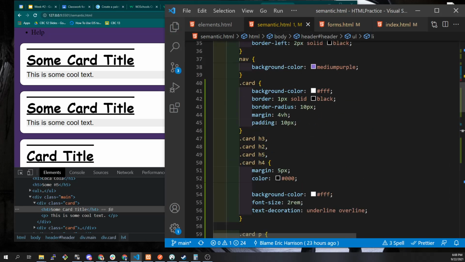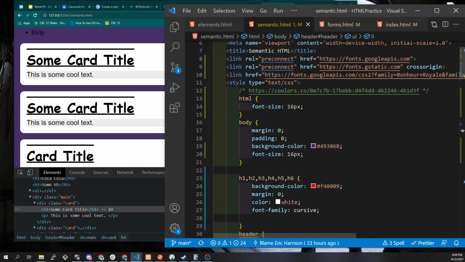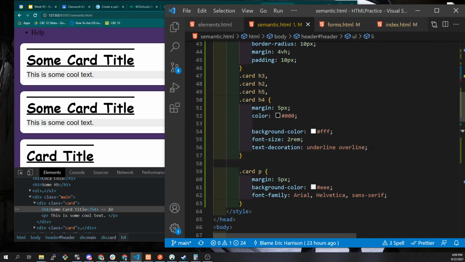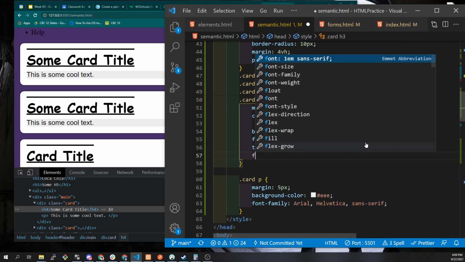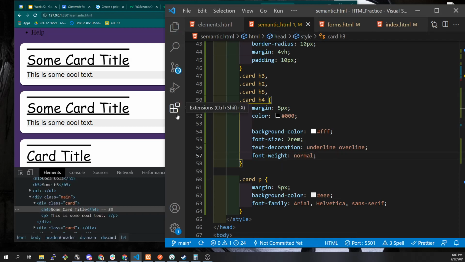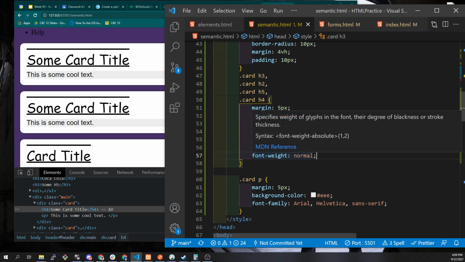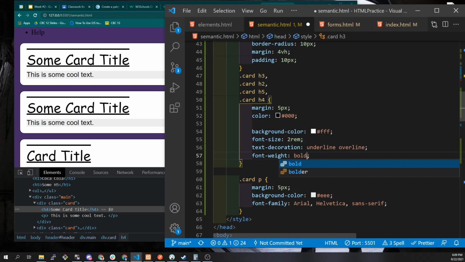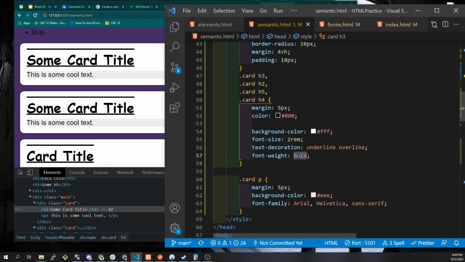Okay, so where are we at here? Oh, here we go. Right. So what else can we do with fonts? We can also do a font weight, right? So right now, by default, this is bold, right? Because it's an H element. It's an H4, so it has a default style that gives it a boldness to it. But if I change font weight to normal, then it's going to behave as if it was not bold. We can also do font weight bold, okay? And then we can also do font weight bolder, which is going to make it even thicker if the font